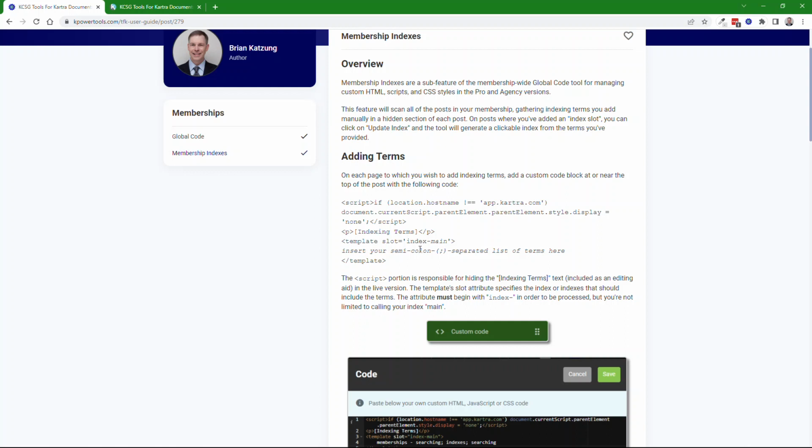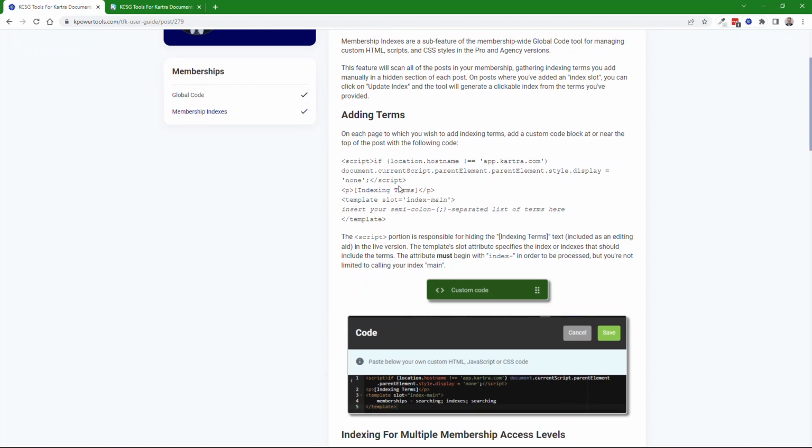If I had a post that was shared by all 3 of those levels, then I wouldn't have to add those terms to each index separately. I could just say, I want to add these terms to all 3 of those indices because it's a shared post. So you add your terms,